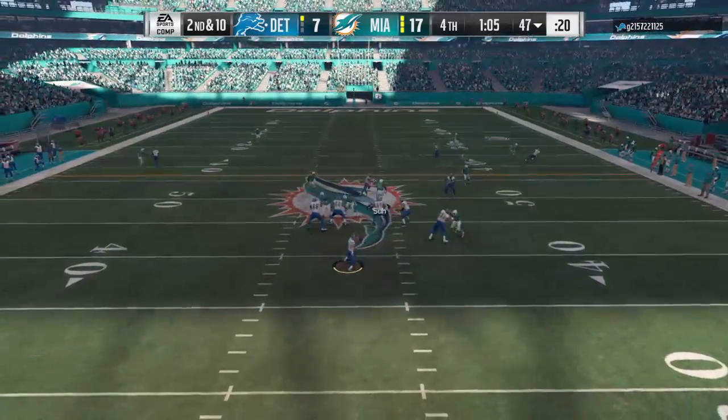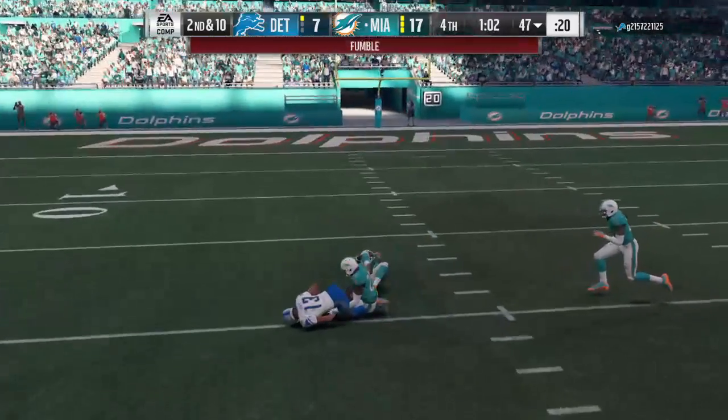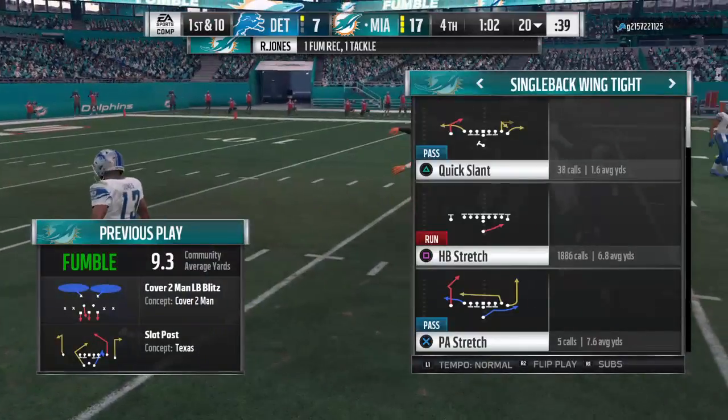Now it's Stafford. And Jones has it over the middle. And now look at this. Big gain, but a fumble. And the Dolphins have got it. Well, that drive was